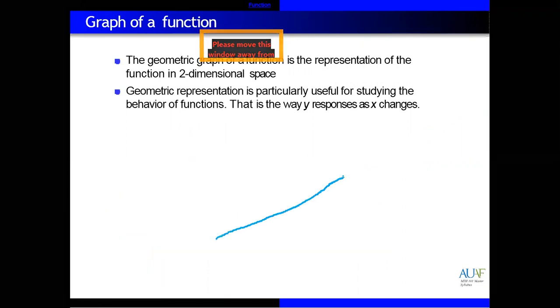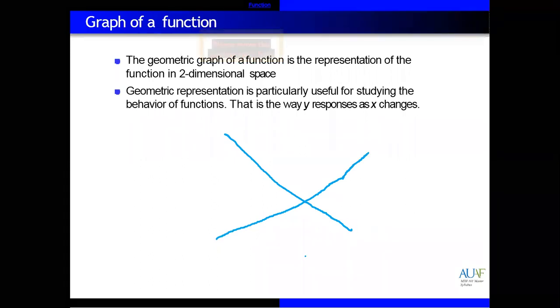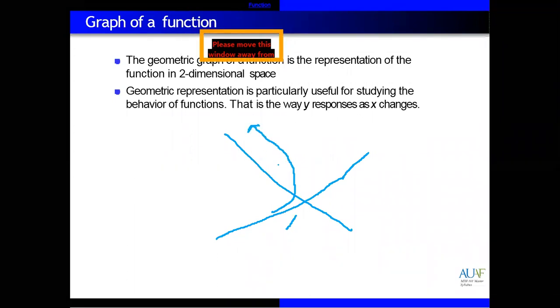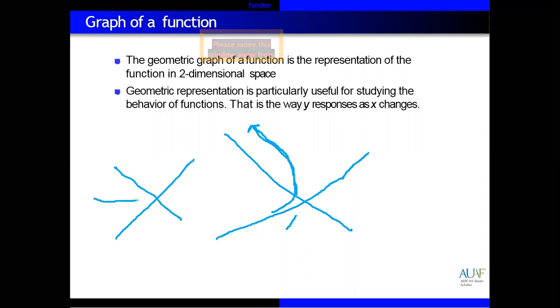If you draw, for example, the situation of COVID-19, corona, the graph will be like this one. Starting from 0, the graph will be straight increasing. This is fast increasing. When something is increasing very fast, we can draw a graph like this one. Something which is, for example, decreasing slowly, we can draw a graph like this one. This means that something is decreasing very slowly. So a graph actually shows the behavior or nature of a function.